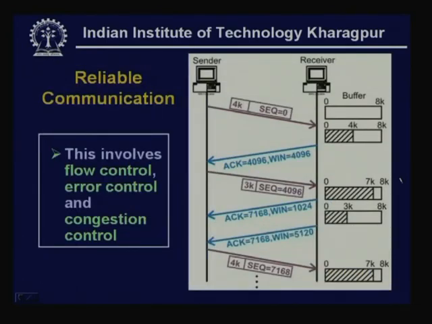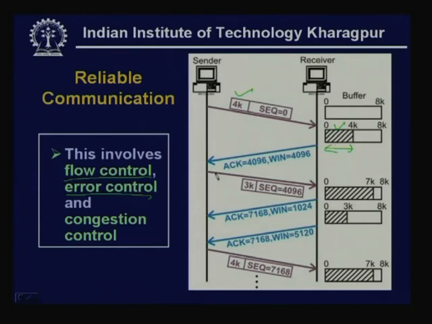Now, let us focus on reliability. As I mentioned, reliability is ensured by flow control, error control and congestion control. Now, flow control is done with the help of a buffer. So, whenever the sender is sending data, it sends the size of the data, that means 4K is the size of the data, and starts with sequence number 0. And as it reaches the receiver, the 4K buffer gets filled up, as you can see this part gets filled up,